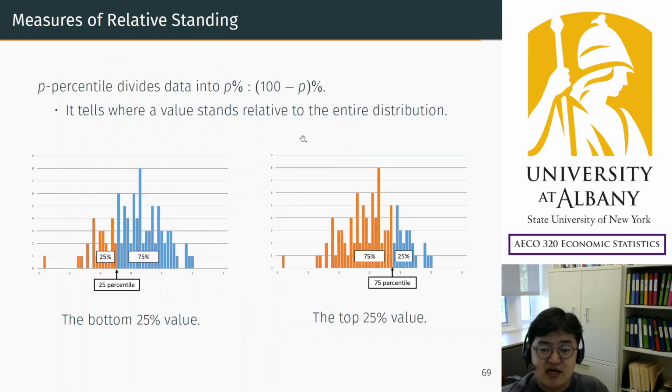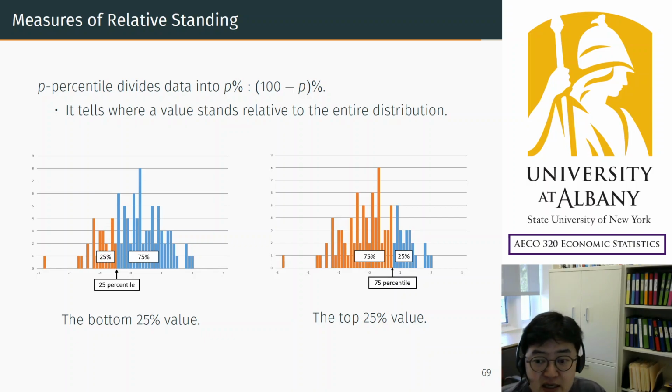So I'm going to generalize this idea like this. Why not just divide the sample into half and half, but divide it into our custom ratio, like 25 to 75 or 75 to 25. If you cut it as 25 to 75, the point becomes what we call the 25th percentile, so 25% from the bottom. Similarly, you can think about the 75th percentile, which is the top 25%. So it's the more upper side, more richer people.